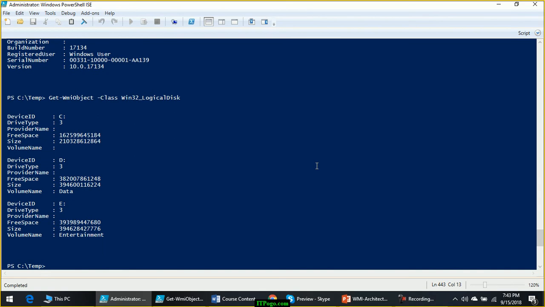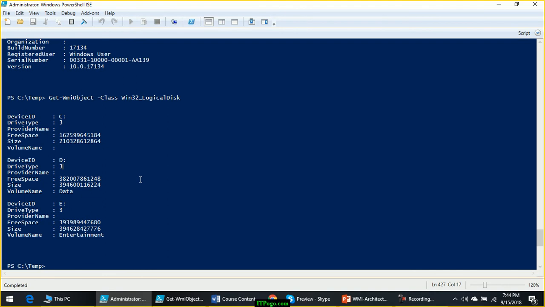Now look at this. It is giving me the details about all logical drives which are available on this computer. But here drive type 3 talks about whether it is a local drive or a compact disk or, let me see if I can find a pen drive.